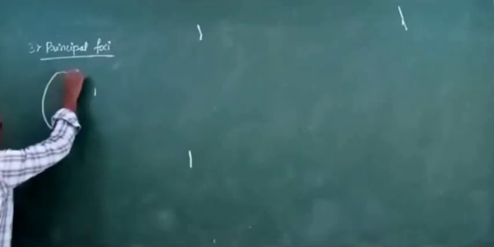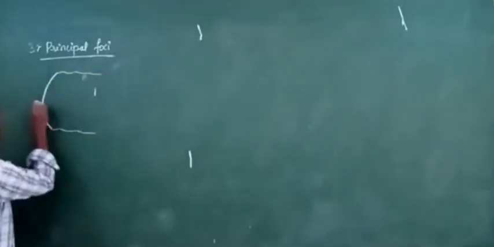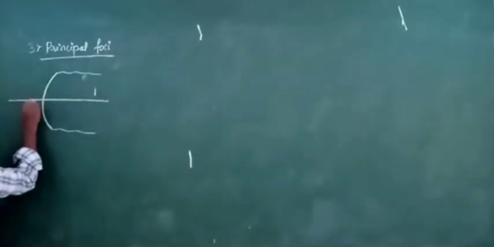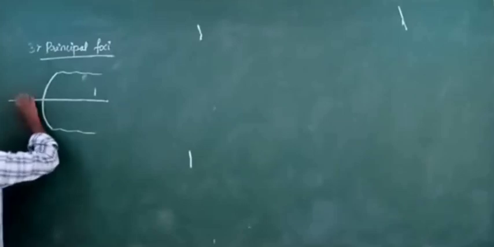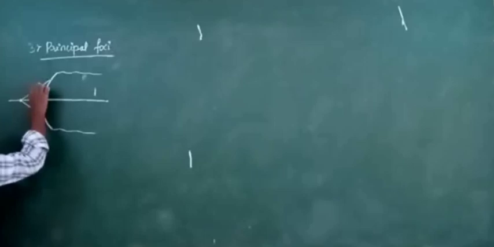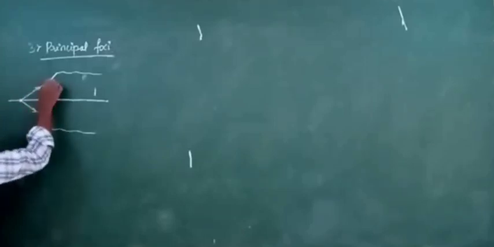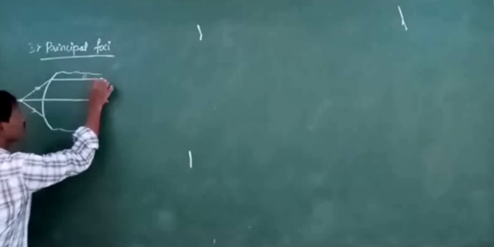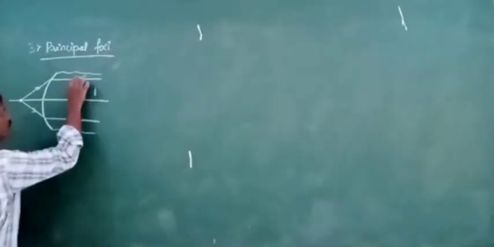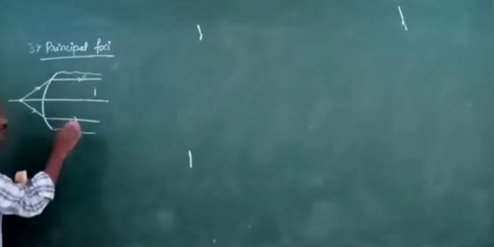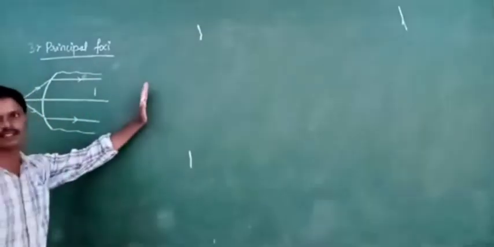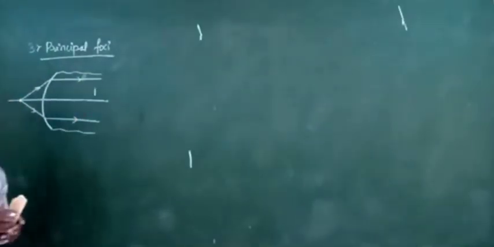This is a spherical refracting surface and the principal axis. Now there is an object placed on the principal axis. The rays diverging from the object fall on the spherical refracting surface. So how do the rays incident here? The rays incident obliquely, so the refracted rays pass parallel to the principal axis. When the refracted rays pass parallel to the principal axis, the image is formed at infinity, because they never converge at any point here. That means the image is formed at infinity.